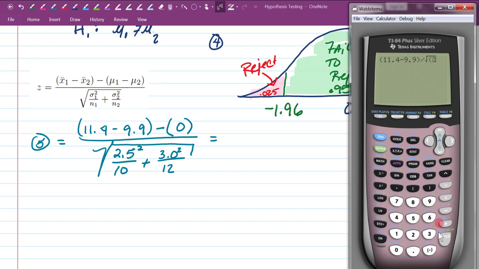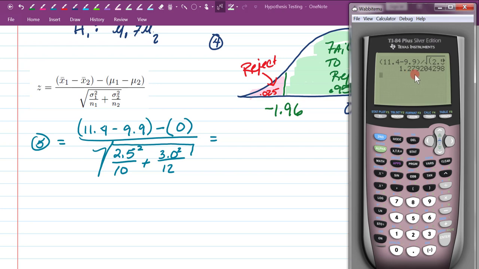And I'm going to go 2.5 squared. And then I'm going to go divide 10, close parentheses, plus, open parentheses, 3.0, I don't have to do the 0.0, squared, divide 12, close parentheses. Now I come out from underneath the radical and I hit enter. And I end up with